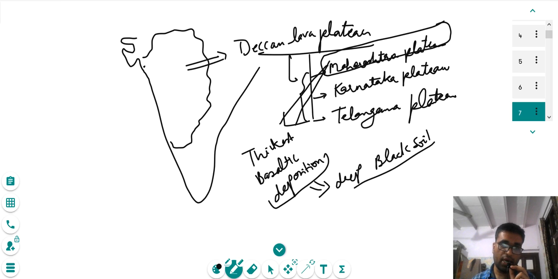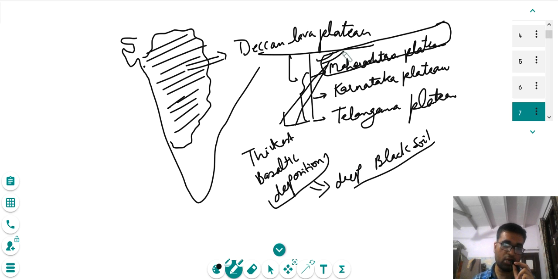Okay, although this entire region is a black soil region, the real black soils are in the Maharashtra part of the plateau, right? So this is about the Deccan lava plateau, and some other features of the Deccan lava plateau are